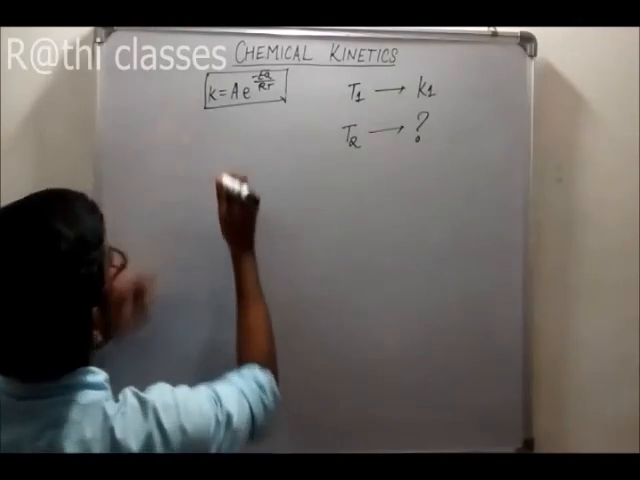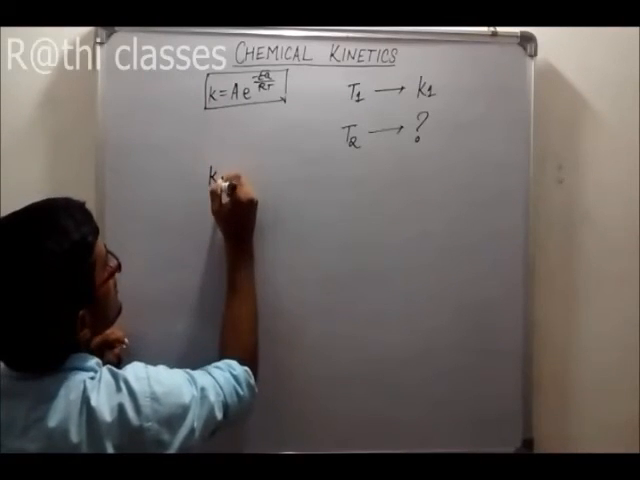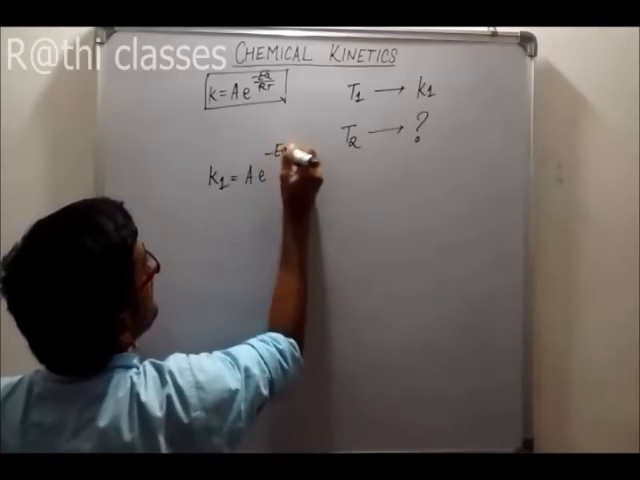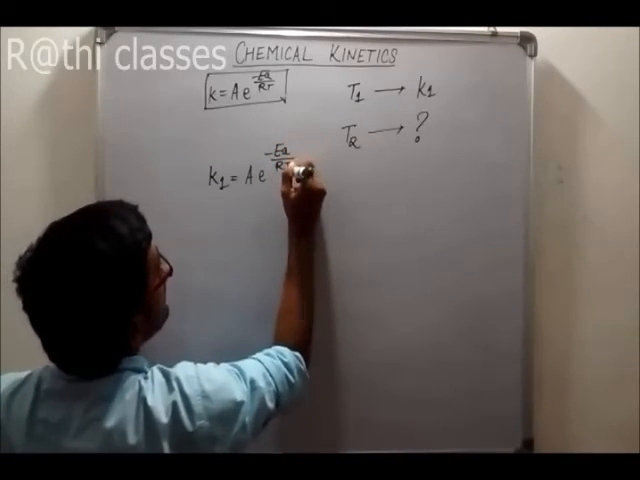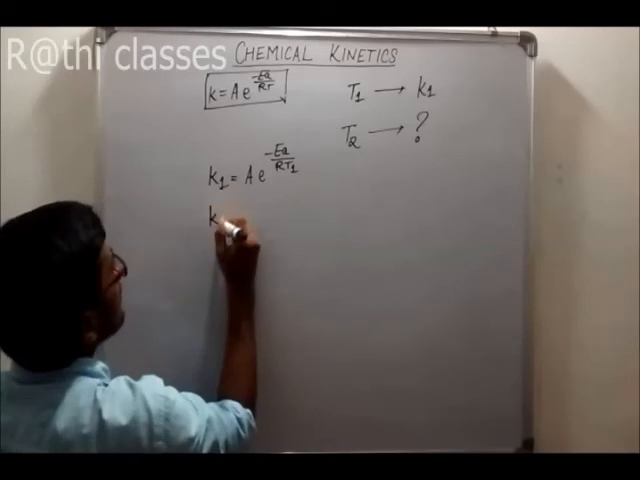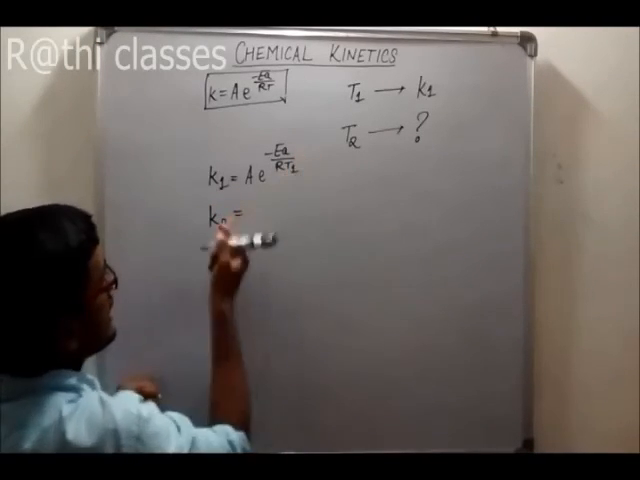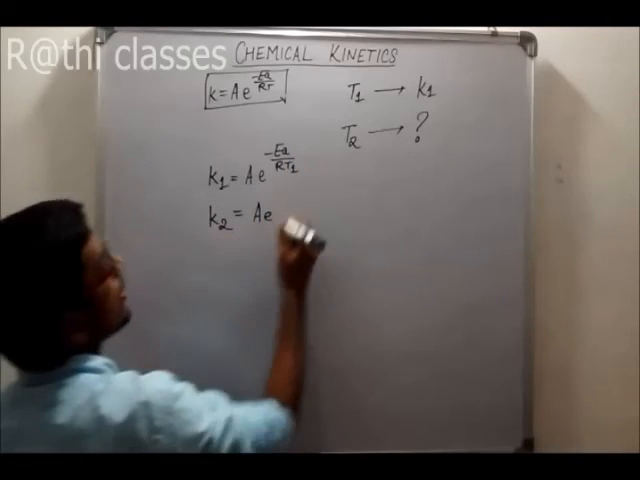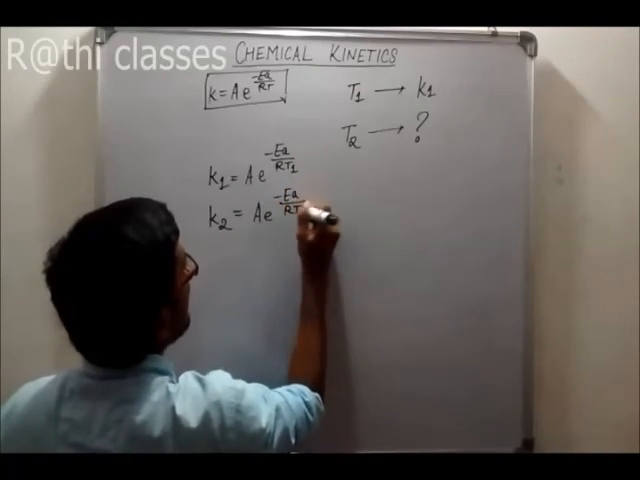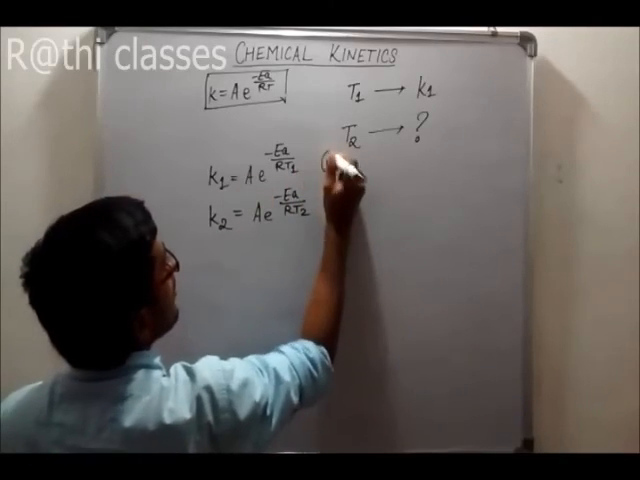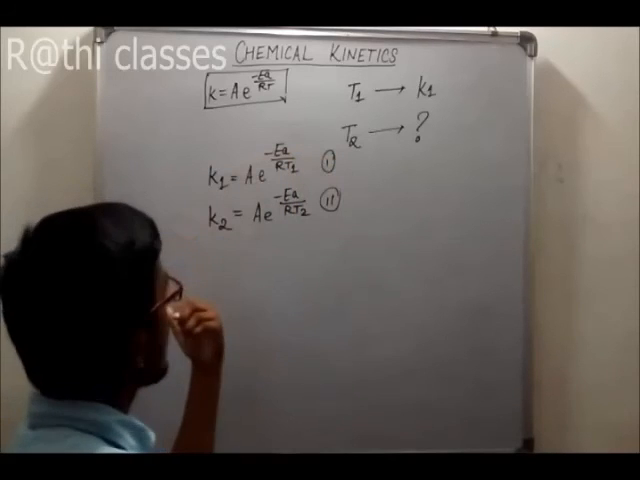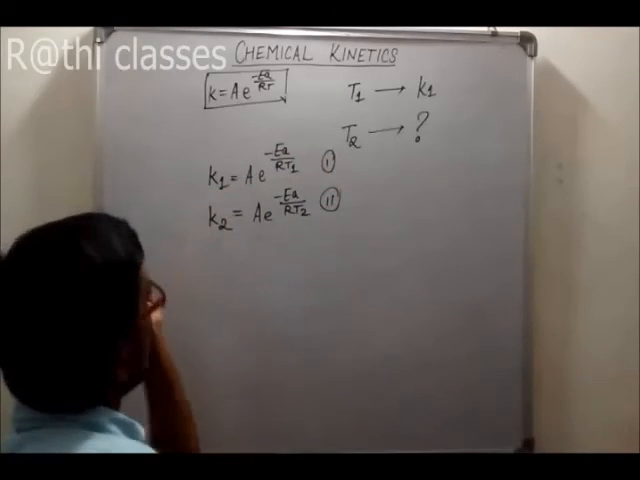So what we do is, we make two equations. K1 is equal to A e to the power minus E upon R T1. At temperature T1 the rate constant is K1. Similarly at temperature T2 the rate constant is K2. K2 is equal to A e to the power minus E by R T2. We have these two equations, and we take log on both sides